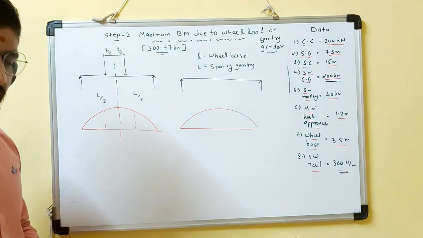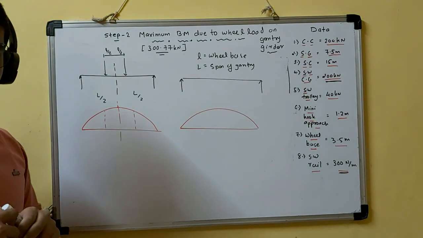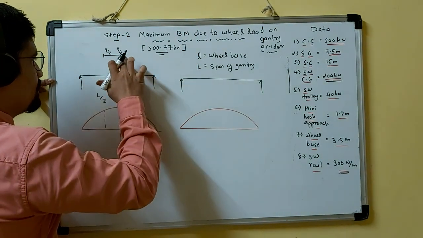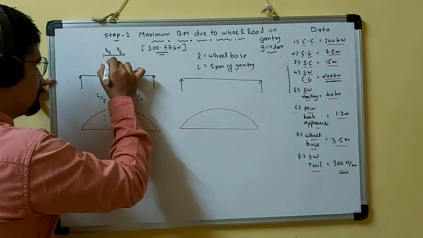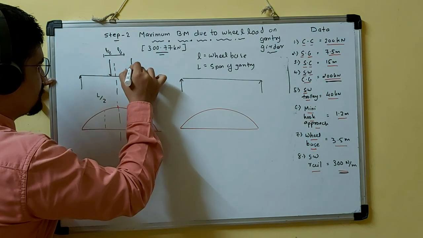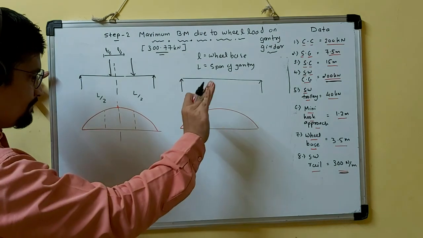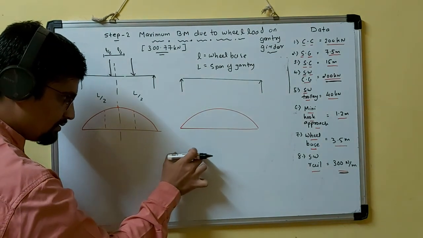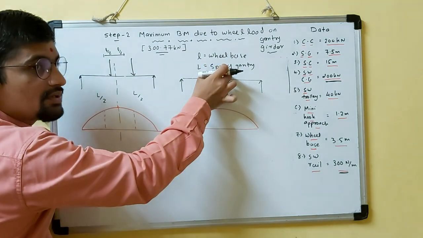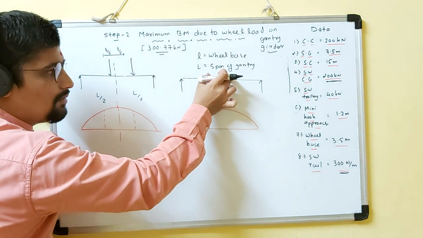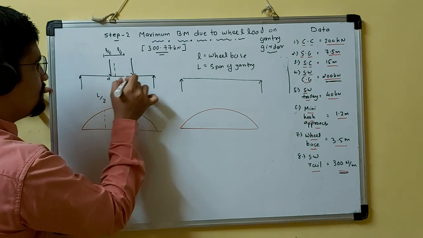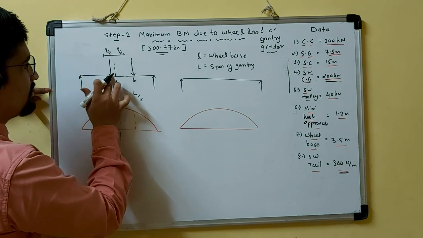Now, I have something in mind, let us do it like this. Let us place this wheel somewhat nearer to the center of the span. So this will go outward like this. Movement of the wheel on the gantry girder like this. So first I kept it at the center. Now I move it some portion like this. So this will go here and this will go here. First condition was here and here. The other condition is like this.